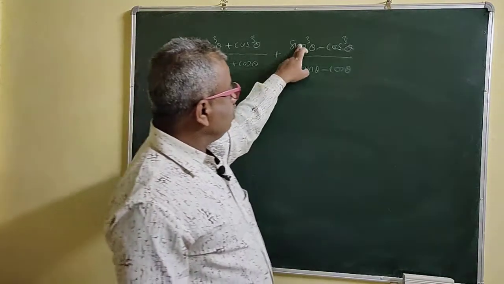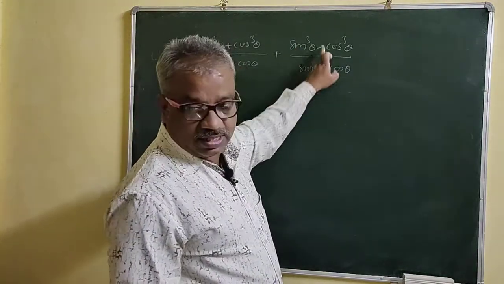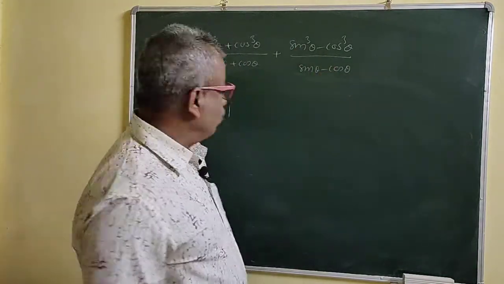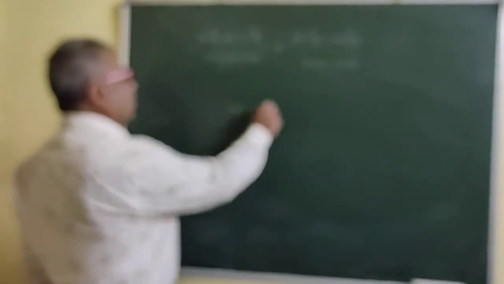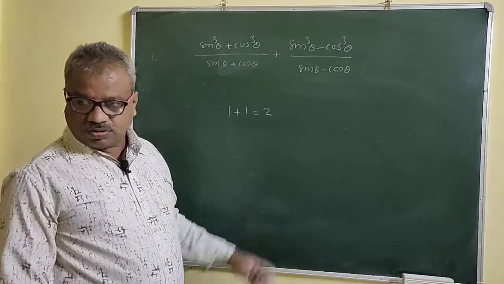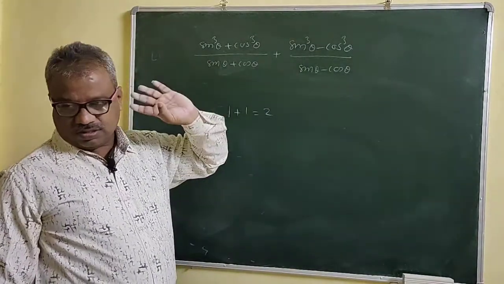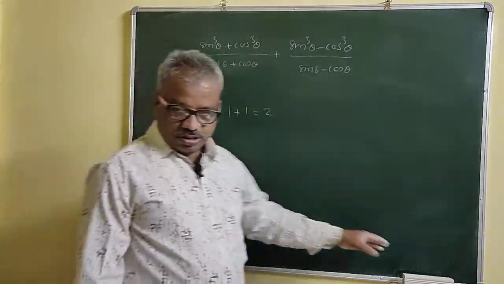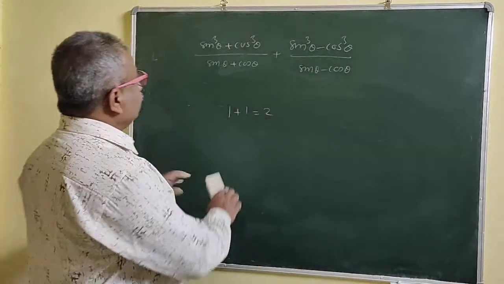Now here this is 0, this is 0. Again there is a minus, so minus becomes plus. So 1 plus 1 is what? 2, right? And you see the option there is 2. So this one, right? Okay.